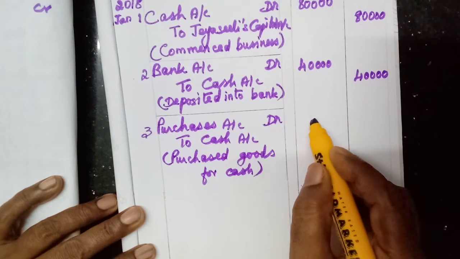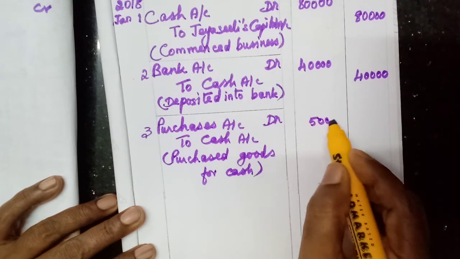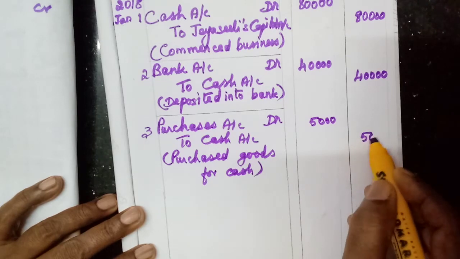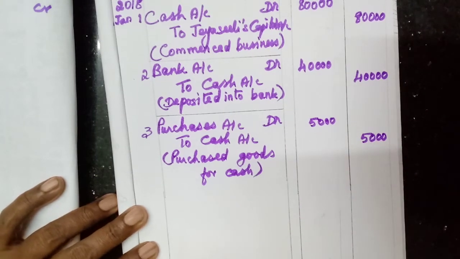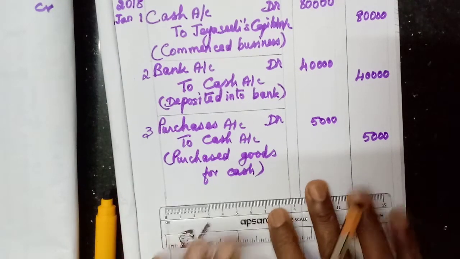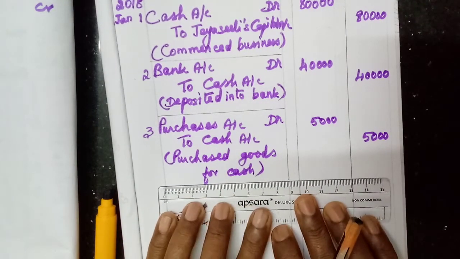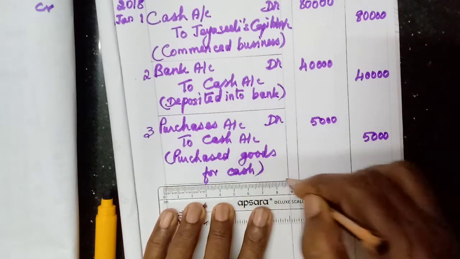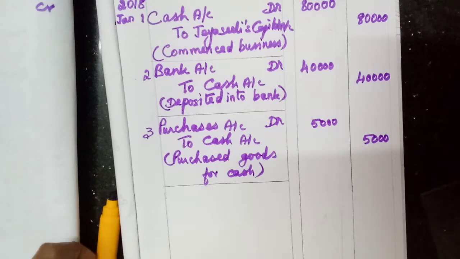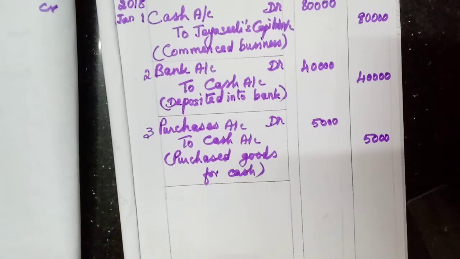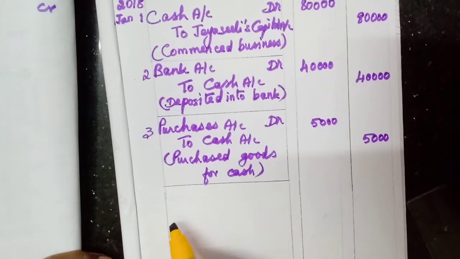Okay. Here we are not going to add this one. Even then it should look neat. Okay. 5,000. Now you draw a line. You have completed. Okay. For the exam and all, no need to draw a line. You may not get a time to complete. Okay. That time you have to leave one line. Next line only you have to write. Then after completing all the problems, if you have time, you can draw with the pencil.